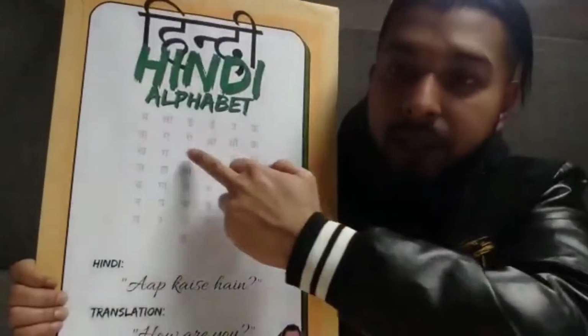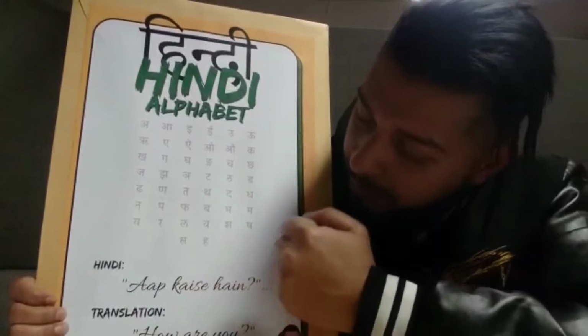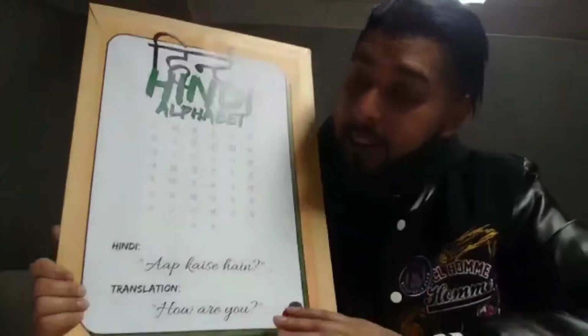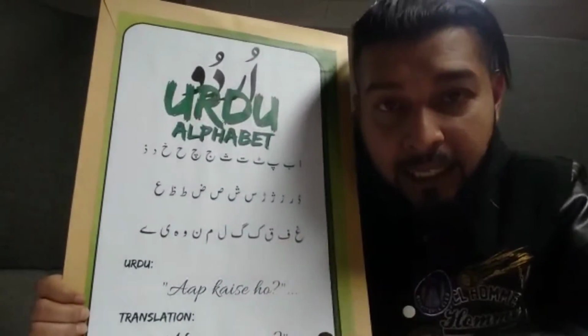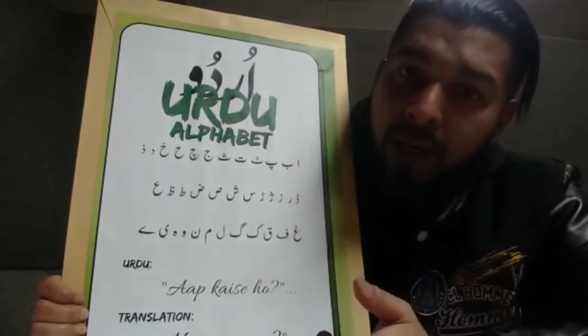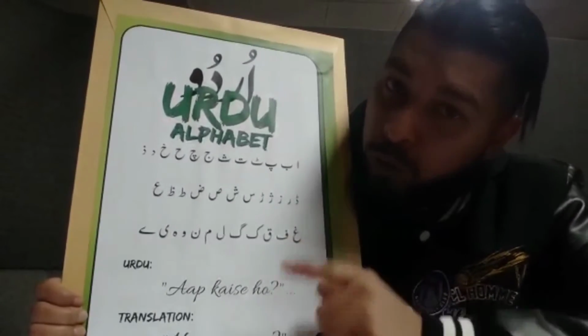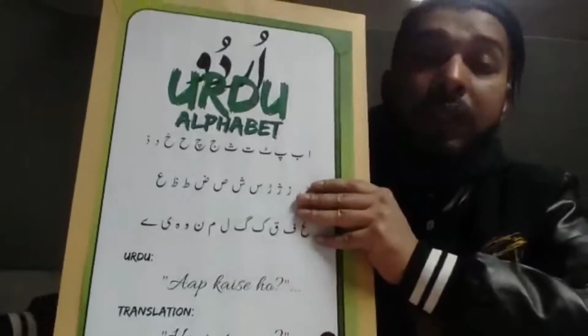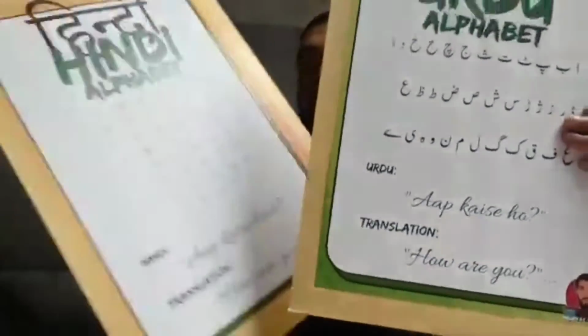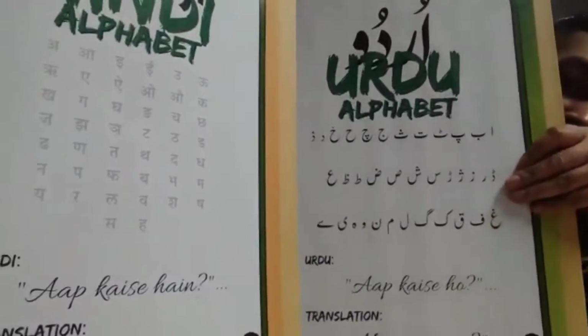Let's try another one. Hindi. Look at the way it's designed. Hindi, alphabet system. Aap kaise hai? Aap kaise hai in Hindi. Now, in Urdu, aap kaise ho? Aap kaise hai in Hindi, aap kaise ho in Urdu. Sounds very similar, yet they're their own independent language. So Urdu people don't speak a dialect of Hindi, and Hindi people don't speak a dialect of Urdu. Because they got their own independent language. Look at the alphabet and numbering system. Completely different. Therefore, it gives them international recognition and their own identity.